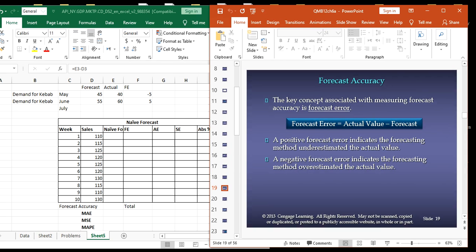So a positive forecasting error indicates the forecast method underestimated the actual sale, okay. Here the sale was underestimated, 55, but the actual was 60, and vice versa, overestimated in this one,